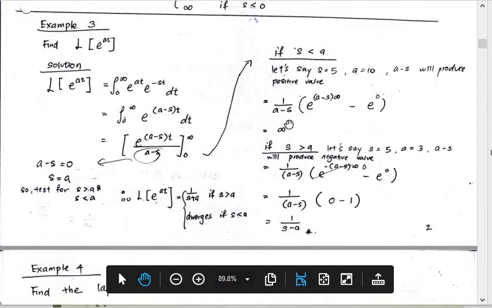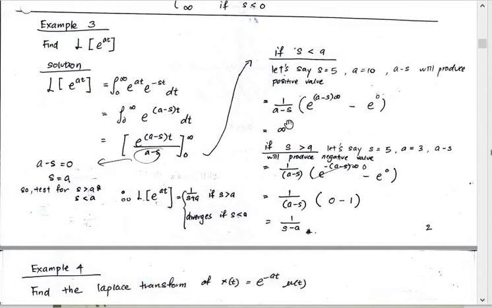Okay, never mind. We go to another example. We show how to find the Laplace transform again. Okay, let's strengthen your basics. If you look at this example,